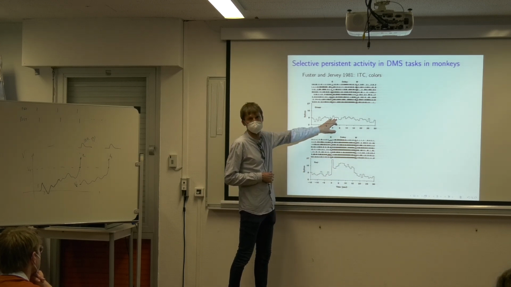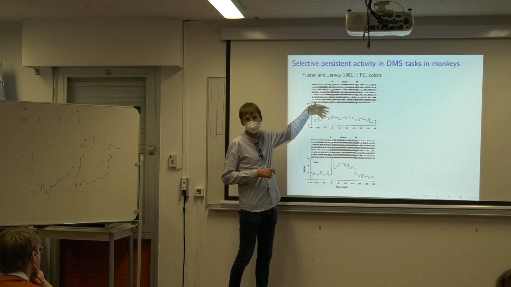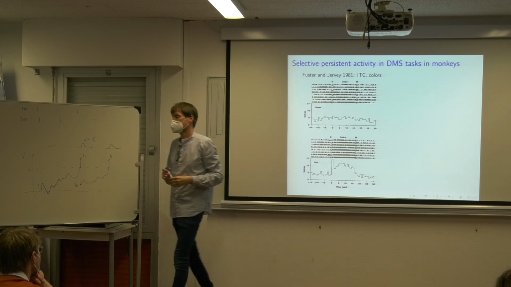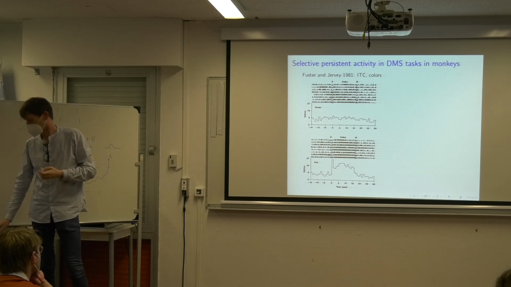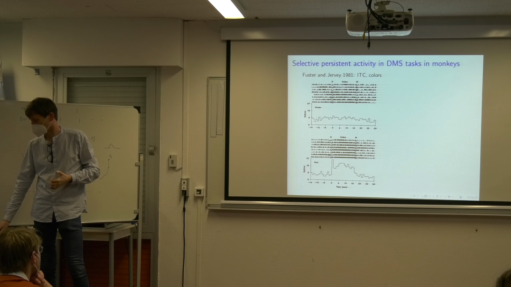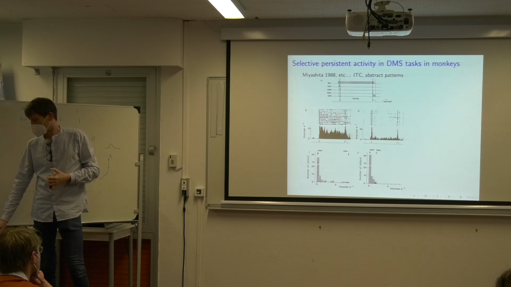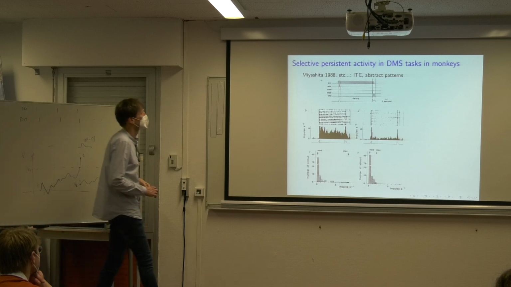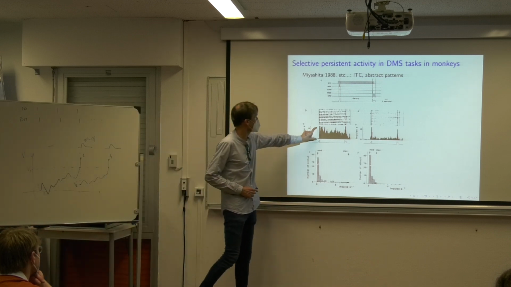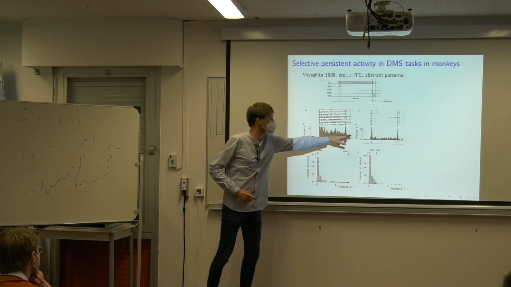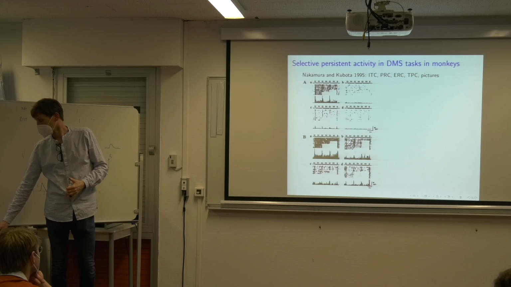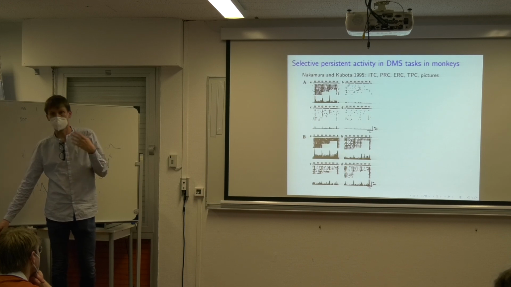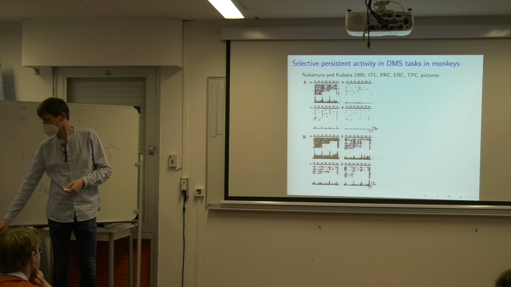But this neuron doesn't care about green. There are other neurons, of course, that will care about green. So you can think about it as each neuron picking some color because of probably the particular combination of inputs that it receives. Another experiment was done with abstract patterns, but it's a really similar phenomenon. This neuron likes this particular pattern, but not others. And it also maintains this firing rate for a really long time. Yet another experiment, now with pictures of objects. Very similar